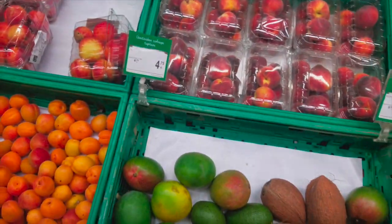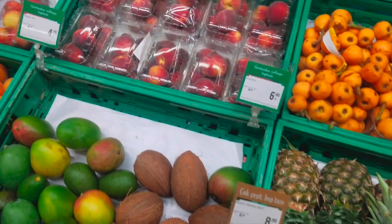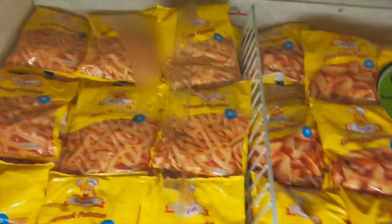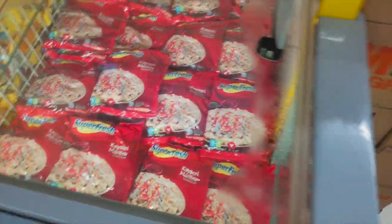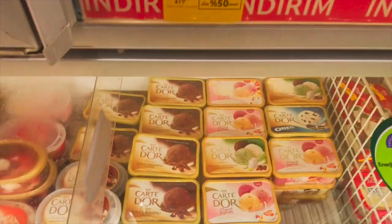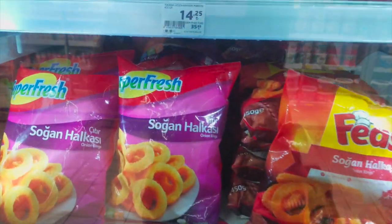Coconuts are expensive here. Avocado is about $1.5 each, like 3.7 Turkish liras, which equals about 70 or 80 cents. These are Turkish dumplings, small dumplings. There are some ice creams. To be honest, this is my favorite one, but I like these also. Most of them are tasty for Americans or Europeans also. There are some onion rings,